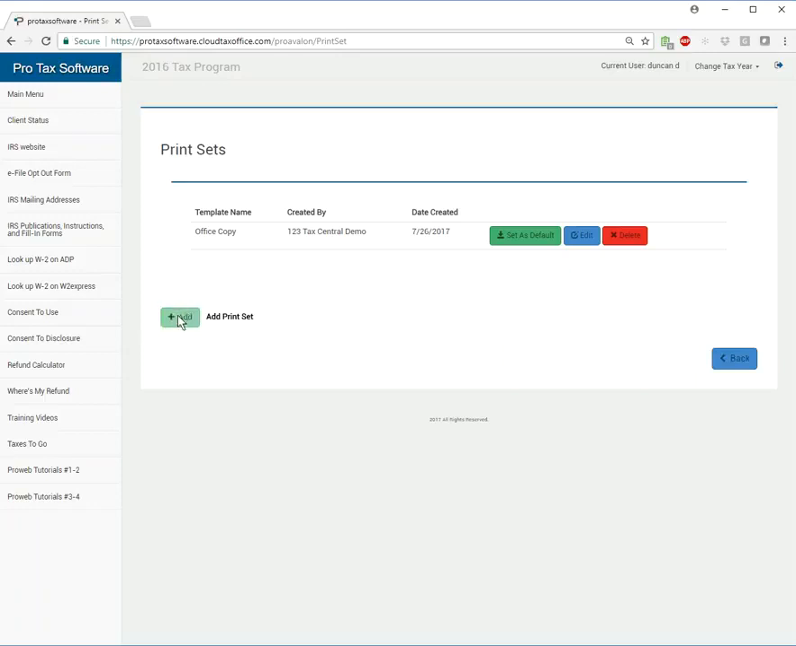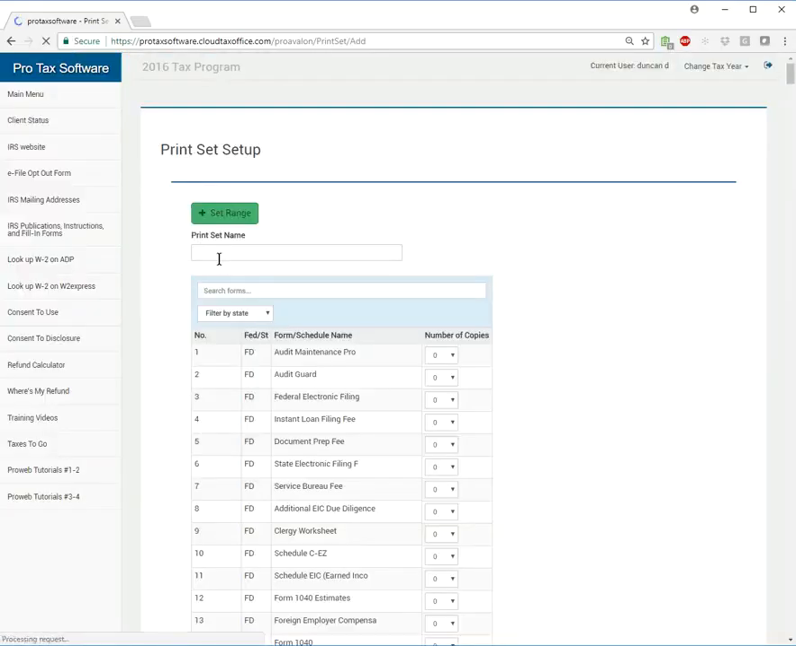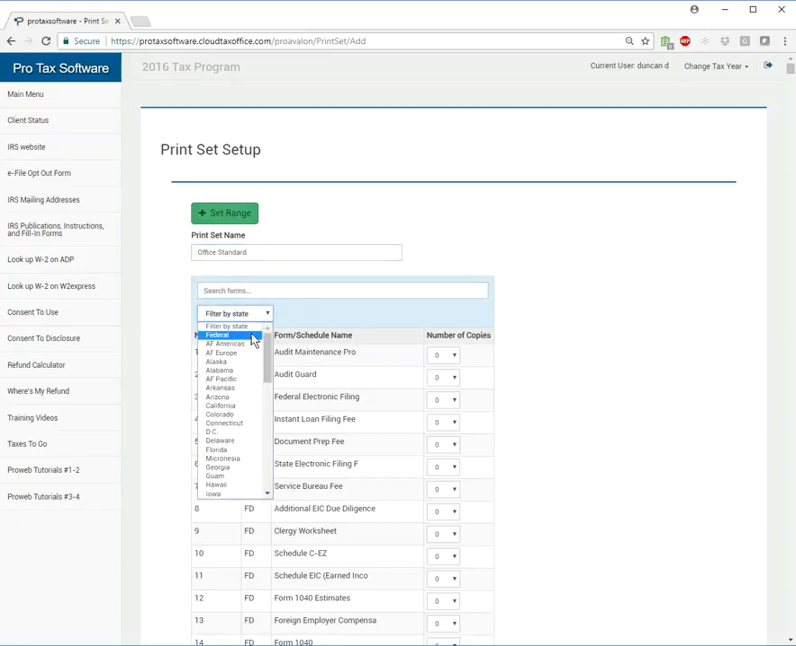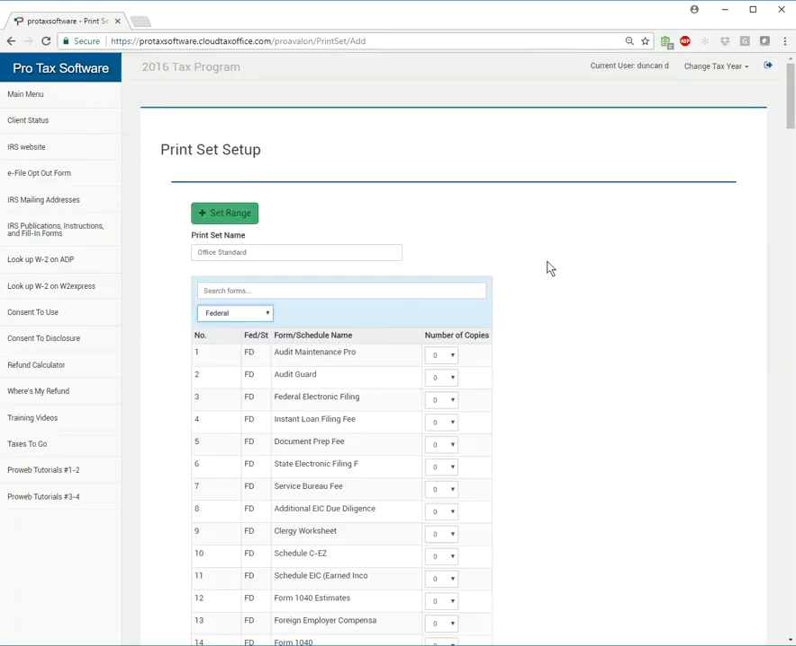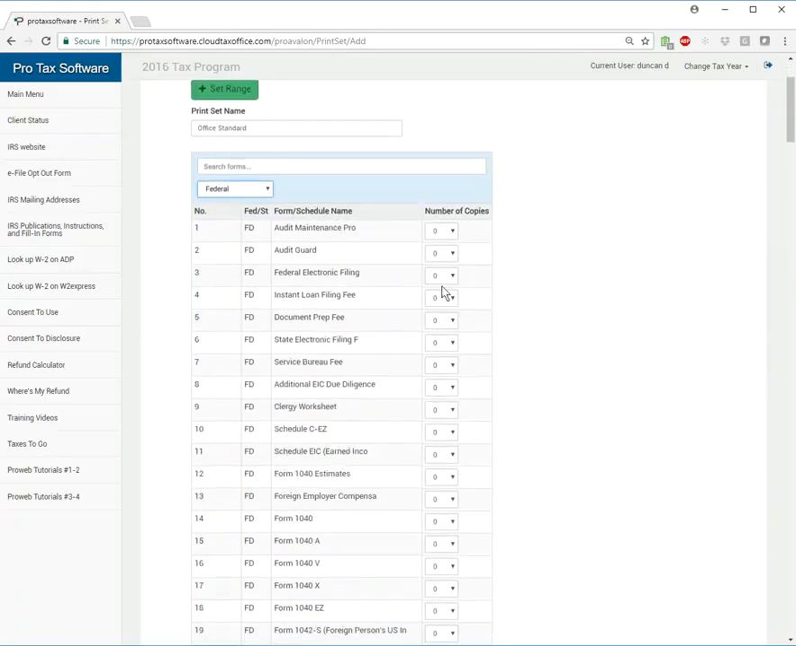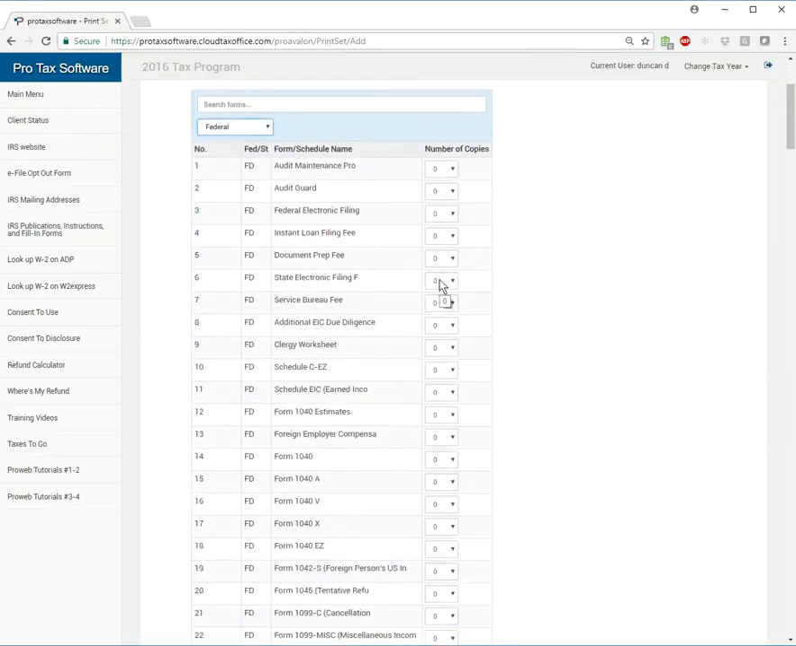We're going to just click add, and we would then define this print set. We're going to call this the office standard, and we'll type it in. Great. And then we would go through and we can filter by state, we can filter by federal, and most people do it by federal first, and they go in and you just select the number of copies you want